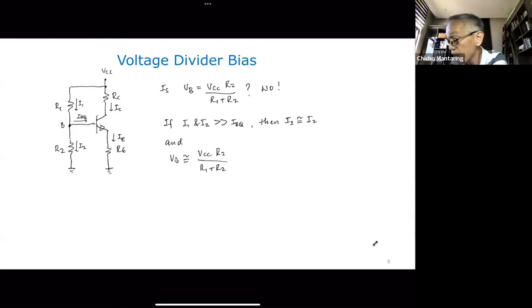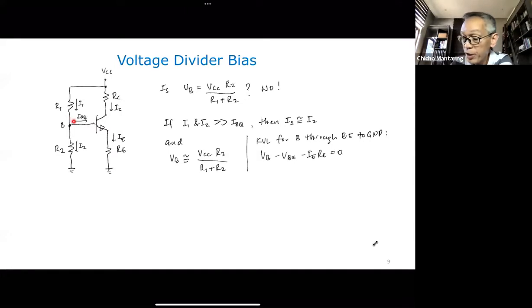Okay. So KVL from B through BE to ground. And I'll have V sub B minus VBE minus IE